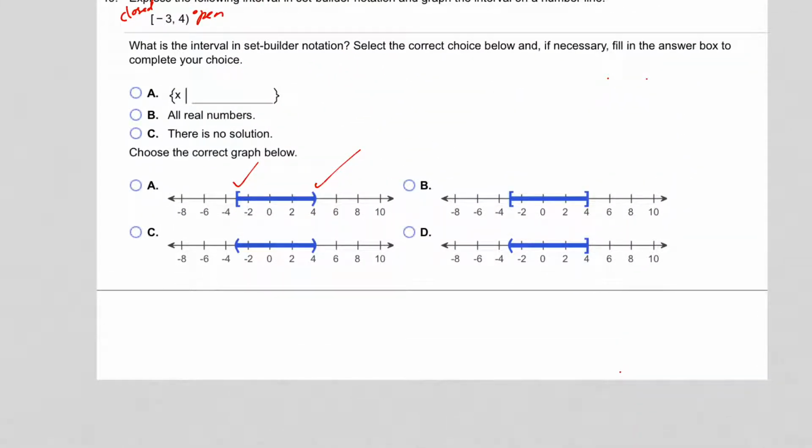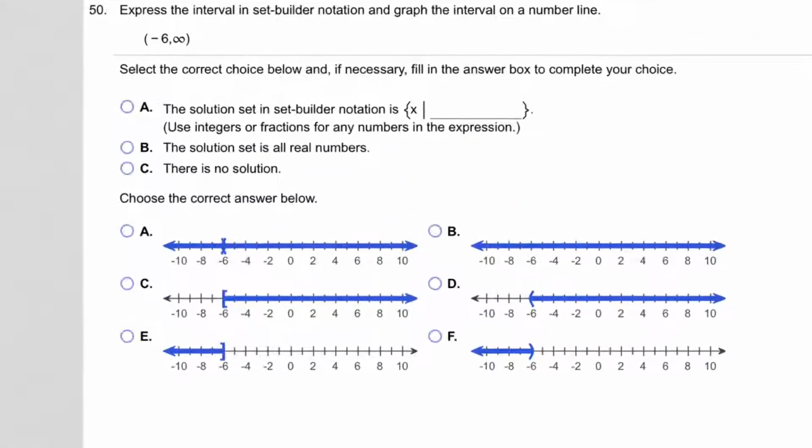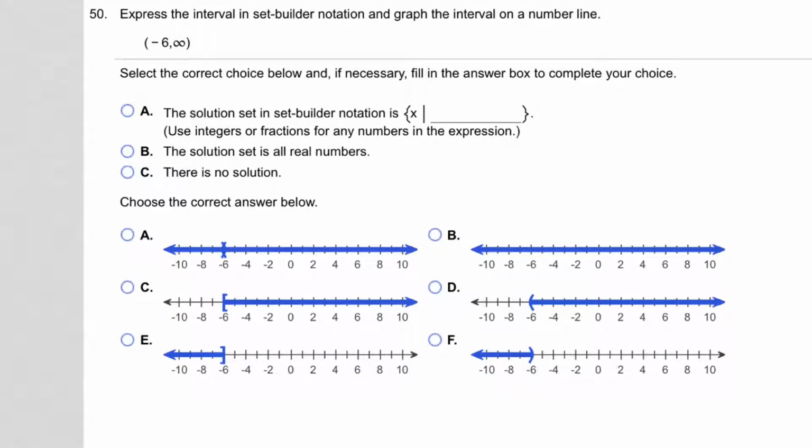All right, and now we are on the last one. So this one is open, and this one's open forever. And you should see an arrow on the right side. Okay, so out of all these, we do see some nice arrows here on the right side, but it starts at -6, and it's open. So even though these two are starting at -6 going to the right, only one of them is open, and it's this one here. Okay,